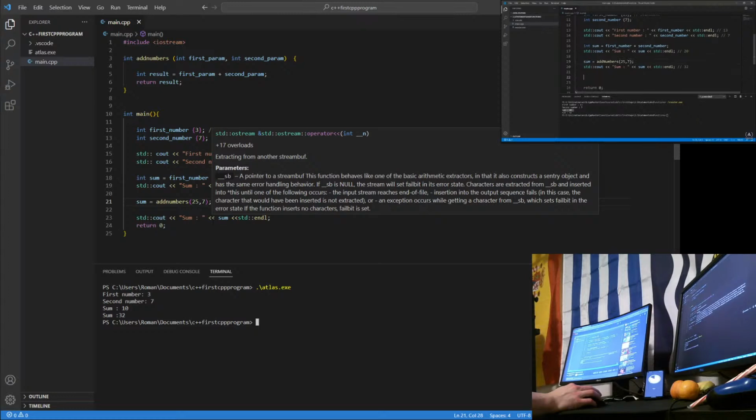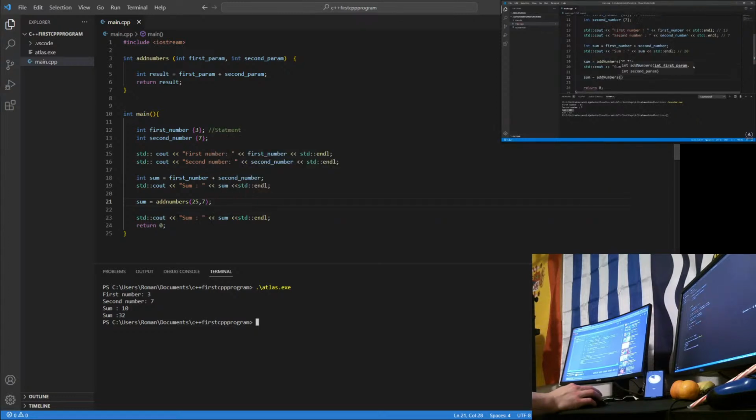Now that we know how to use it, we can use it again, and we can say sum equals add numbers, and we can say 30 and 54, for example. You add them up, and you're going to get the result. So we're going to print the result sum, and we're going to put in the sum. I really want you to take some time and play with this statement so that these things make sense. It's really not that difficult, but you just have to wrap your brains around how C++ defines these things. So we have this statement, and we are adding 30 and 54, so we should get an 84 after the